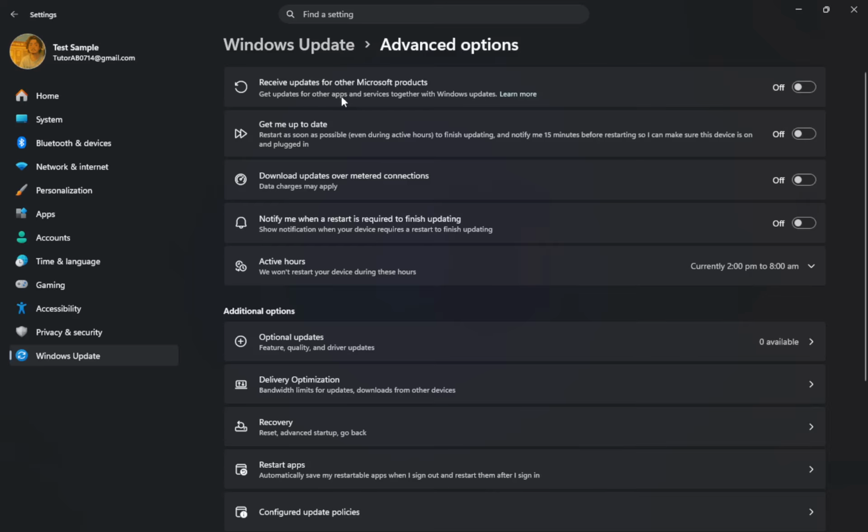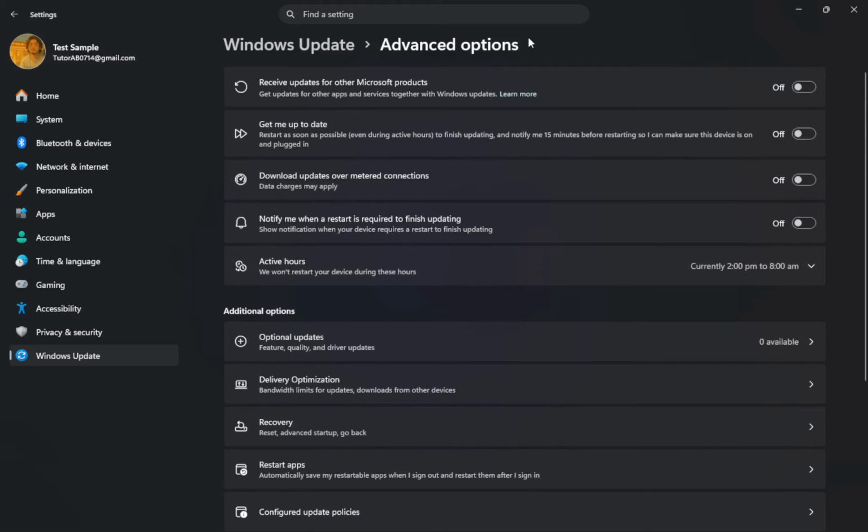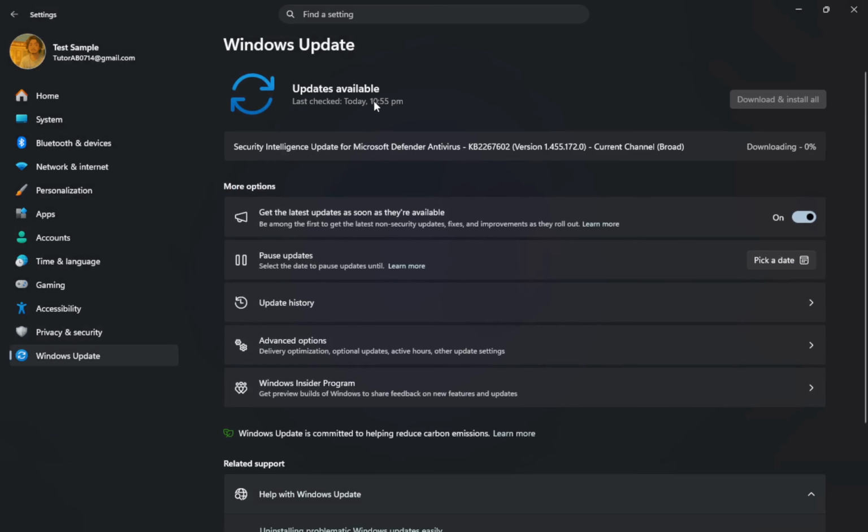Once that is done, take a moment to review the update status again. This will help you understand if the check resulted in any new updates. If updates are found, you may see options to download or install them. Following through with these updates ensures that your system remains safe from vulnerabilities and runs smoothly.